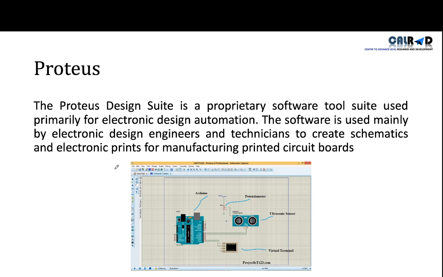So once we get simulation results, and after that we get hardware results, we compare those before commercializing any product. So if you know how to use Proteus, then there are a lot of jobs for you in the designing field. It doesn't matter whether you are from a computer science department or an engineering background, if you know how to use these professional tools, it will be very useful for your future career.